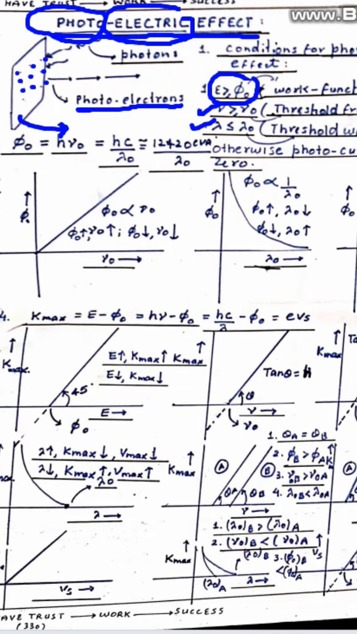Now let's study point number 2. So point number 2 is the relation between these things. So the work function is related to the threshold frequency by phi naught is equal to h nu naught, which is ultimately related to the threshold wavelength by hc by lambda naught, which reduces to 1240 electron volt angstrom by lambda naught. This can be used